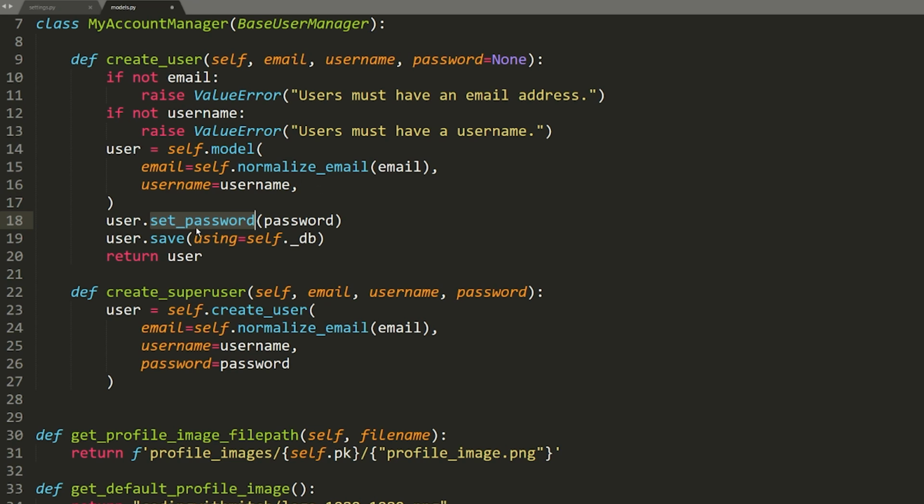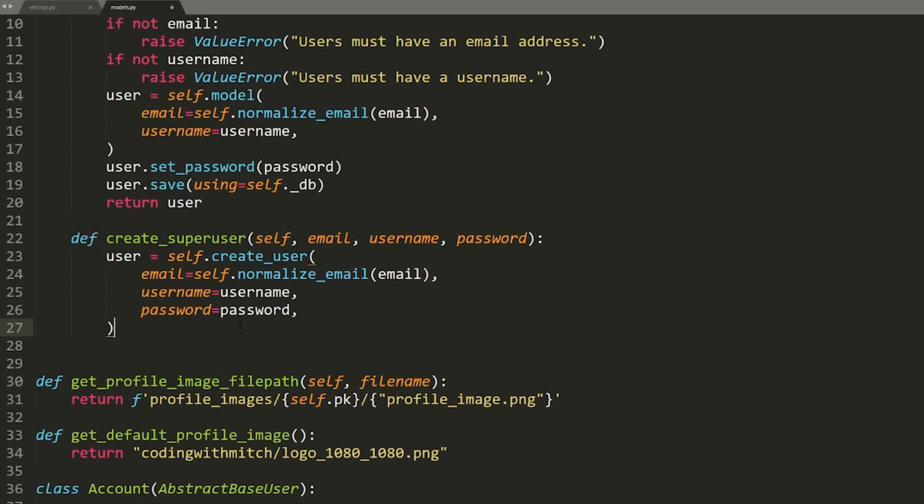That would have been fine, but I called set password. So two kind of just different ways to do the same thing. Now I want to do